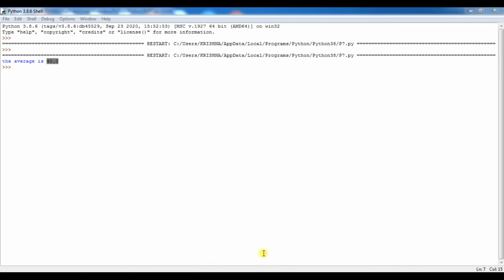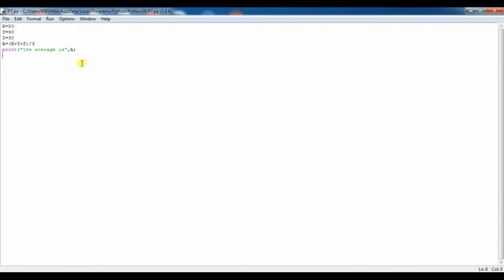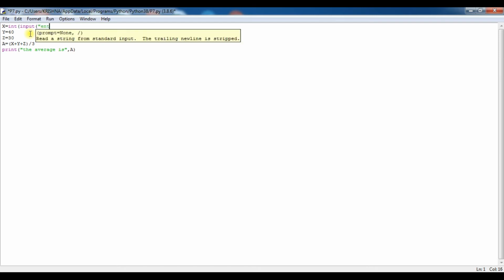So let us see how we use the input statement. Here I will write int, that means an integer type of value will be inputted. int(input("Enter any number")), double closing.